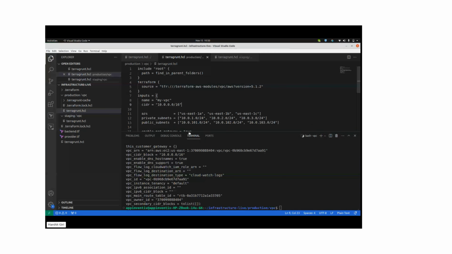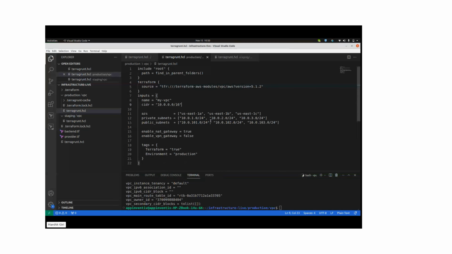I think I haven't defined this name. Just a second. For staging, I would give it